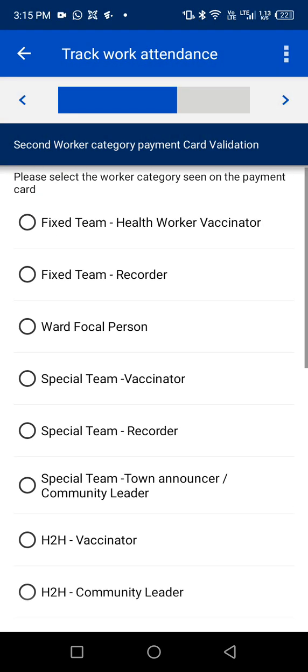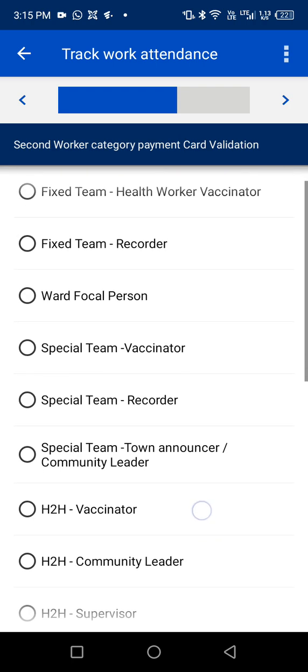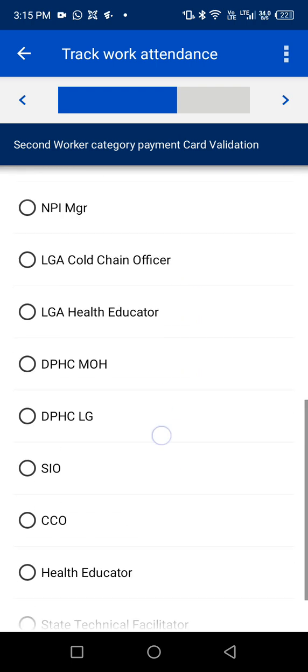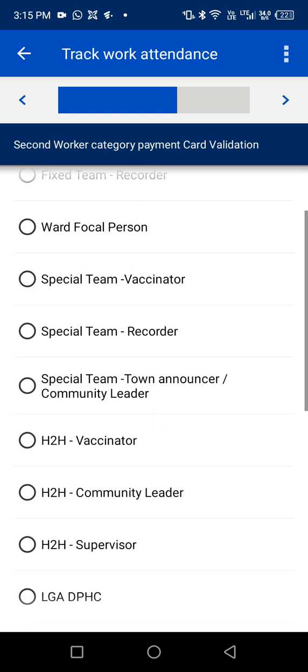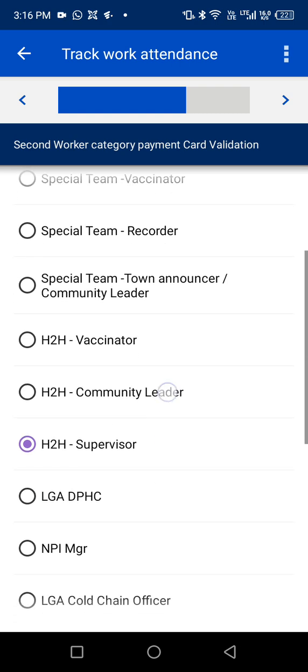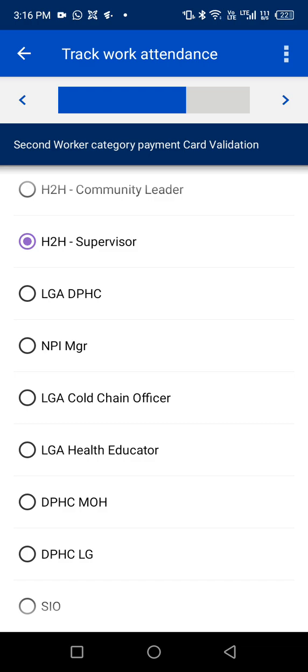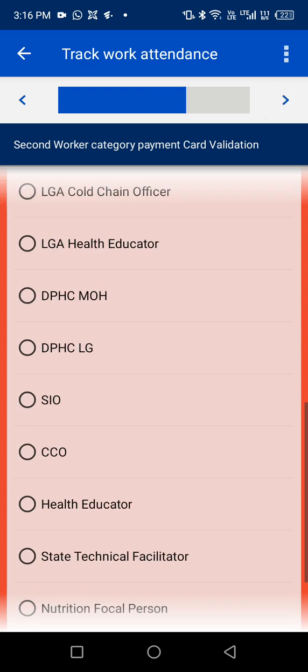Here we get to pick the category of the person. So if you remember, we picked supervisor in the last one, and then also on the other forms you can only be house to house if you are a supervisor. If you have done DOPV, you can only be house to house, or as a DOPV ward focal, you can only be a ward focal person in the ward team. But for now, we'll pick H to H supervisor because that is what the person